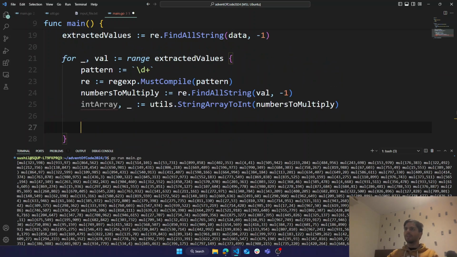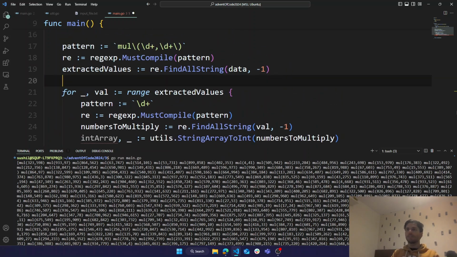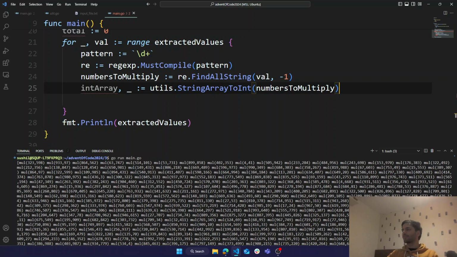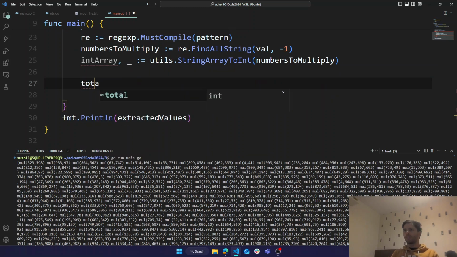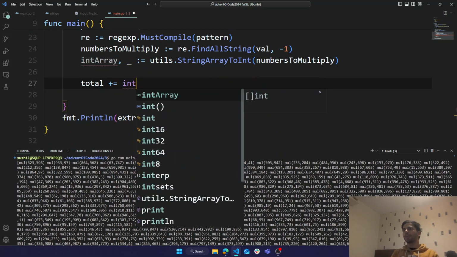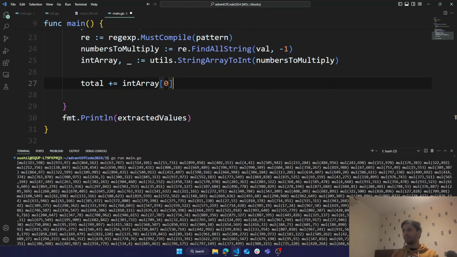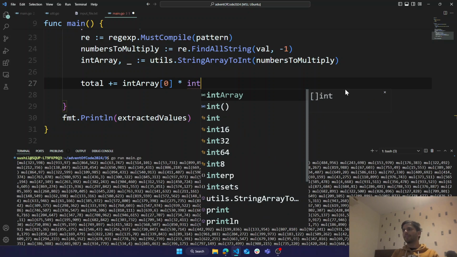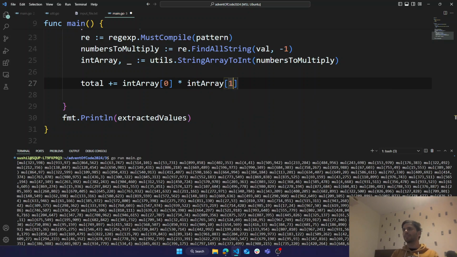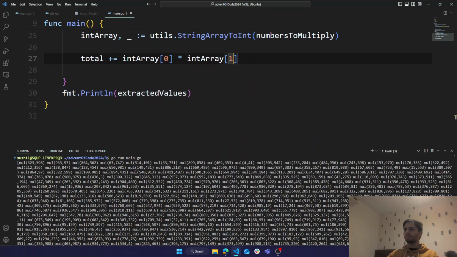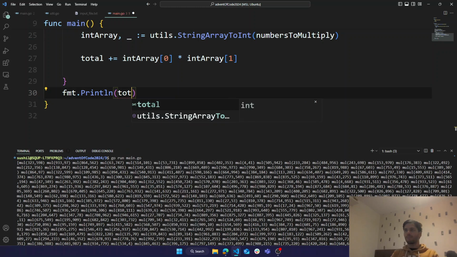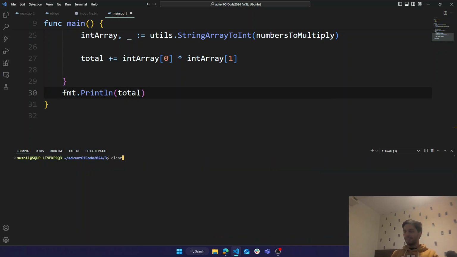Okay, so total set to zero here, and then what we do is total plus equals to zero times n squared. Let's see.